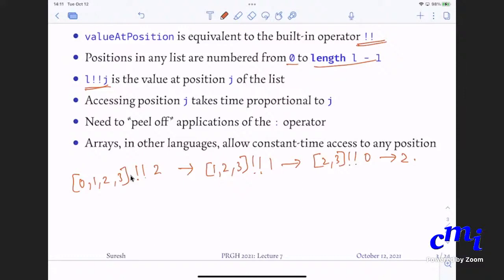There are a few things that are inefficient, but arrays are not part of the basic structure in Haskell. It's a data type that has been added on later, and it's a little more complex to use arrays in Haskell. We'll perhaps see it towards the end, but you don't need to worry about it now. So for now, just think of lists, nothing else.